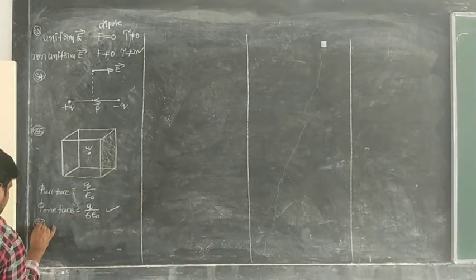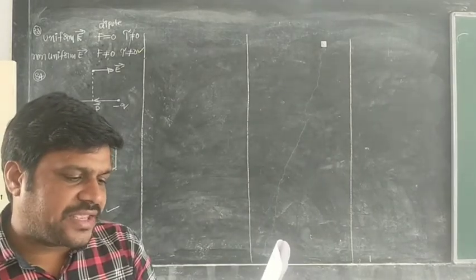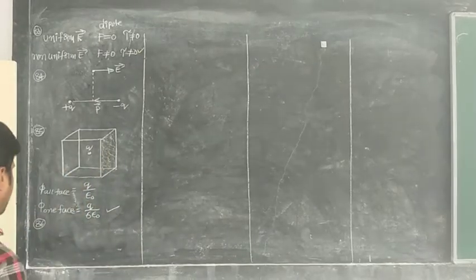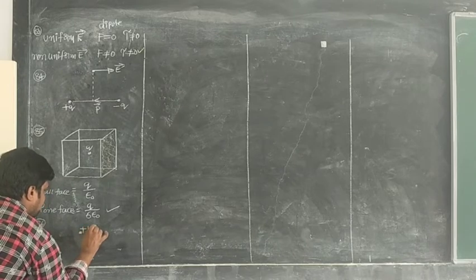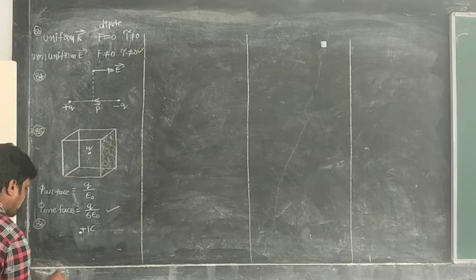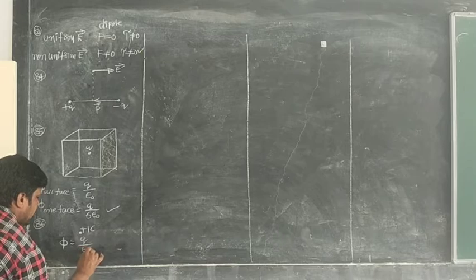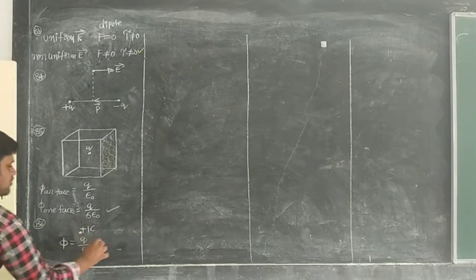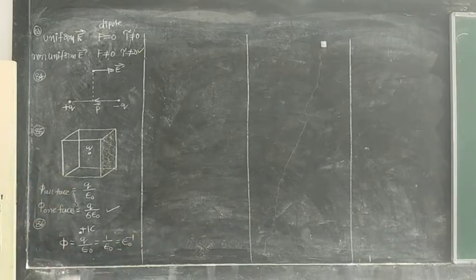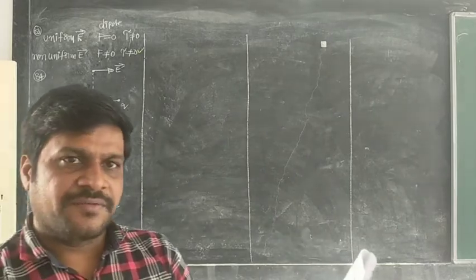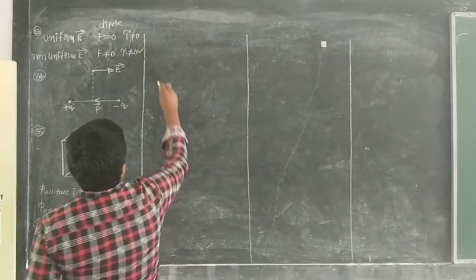Here only I am going to solve. You just see. Total electric flux coming out of a unit positive charge put in air. Now here, inside air, one unit positive charge has been placed, that is nothing but 1 coulomb. Due to this 1 coulomb, what is the flux? Flux equals charge by epsilon naught. Here the charge value is 1 coulomb. So 1 by epsilon naught, that is epsilon naught inverse, is the answer. For this one, option B is correct. Yes, right. 86. Next, 87.